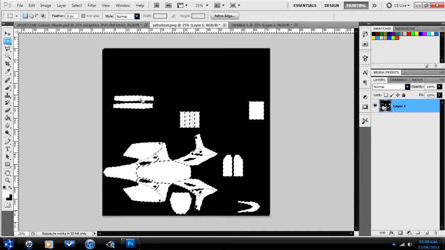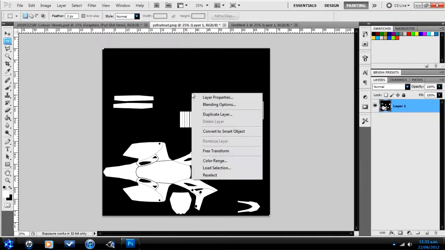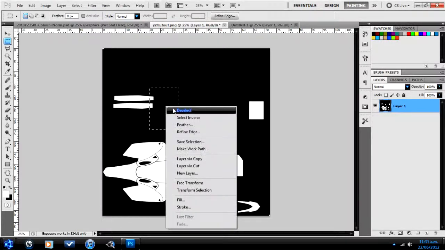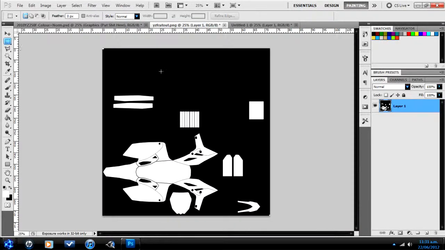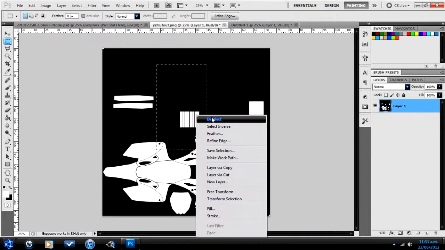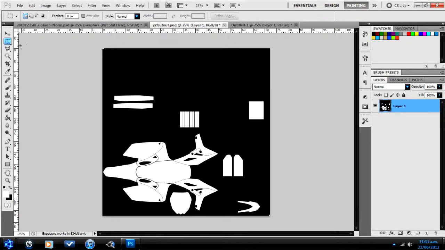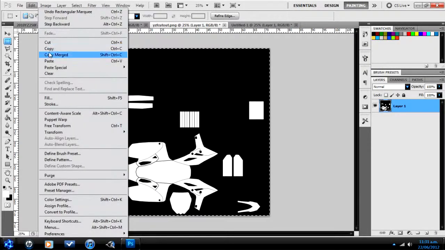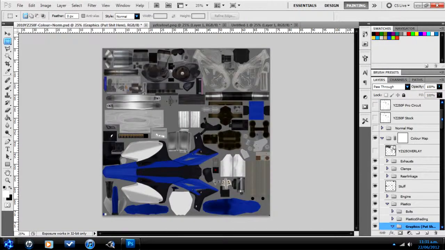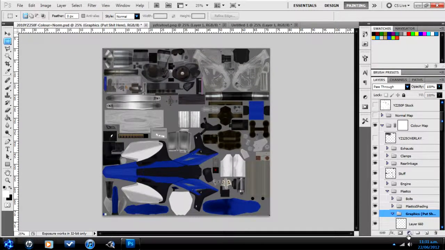We're then going to deselect. You can either click that, come over here and click like that to deselect, or you can right click and deselect. Normally right clicking and deselecting works better. Anyway, so we have this black and white image here, which is pretty much going to be our alpha channel mask. So come over here, click on our graphics folder, click add new layer mask, then we'll go into channels,